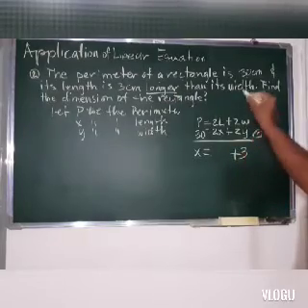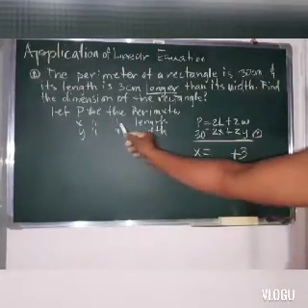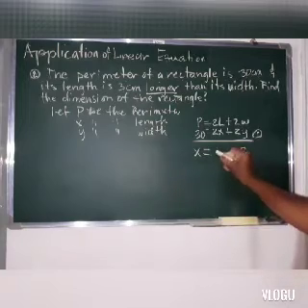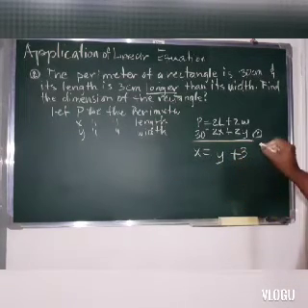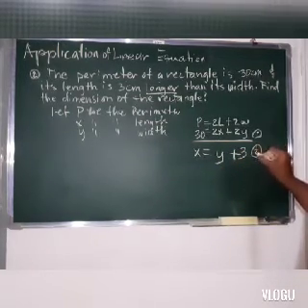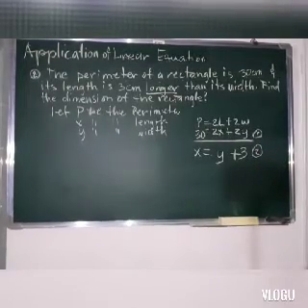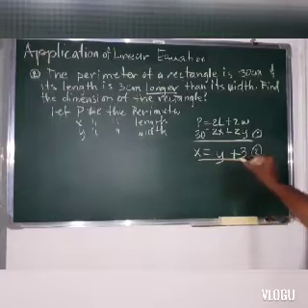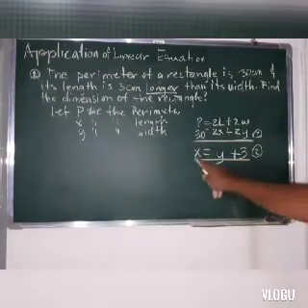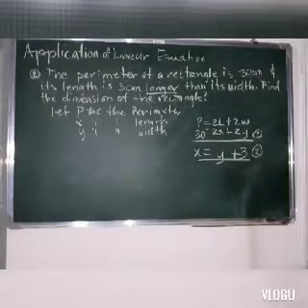Longer than its width. So what is our width? So this is our equation number 2. Okay, you got it? So since we have already our 2 equations and X is already isolated in our equation number 2,